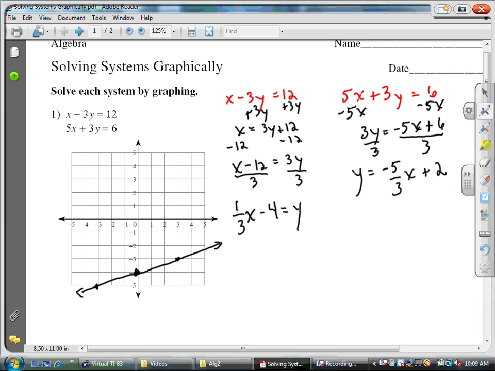Okay, and on the other line we've got a y-intercept of 2, which would be right here, and we would have a rise of -5 and a run of 3. So I'll count over 3 and go down 5. 1, 2, 3, 4, 5. Okay, so what we can see is going to happen here